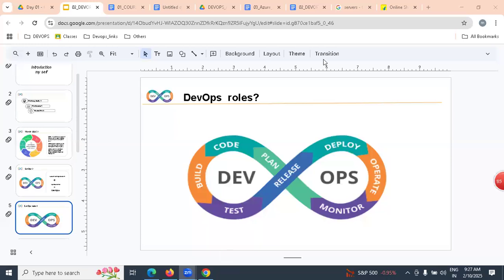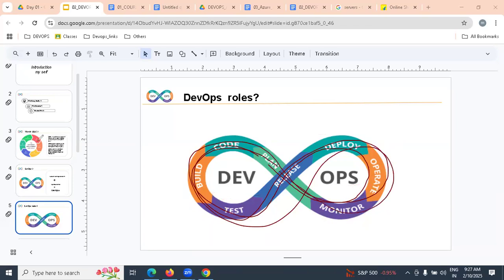DevOps is a process. DevOps is an automated process from development environment to operations. DevOps is a methodology. DevOps is a set of principles. While implementing this DevOps process, we have to follow those principles and methodologies, please.